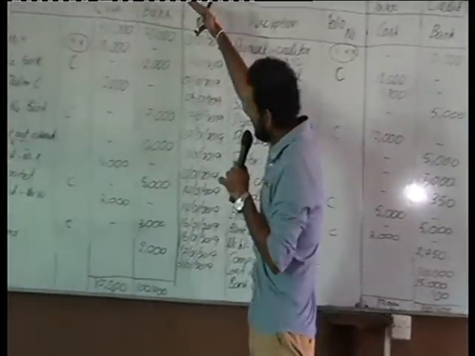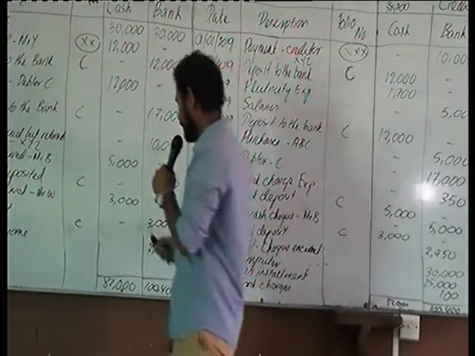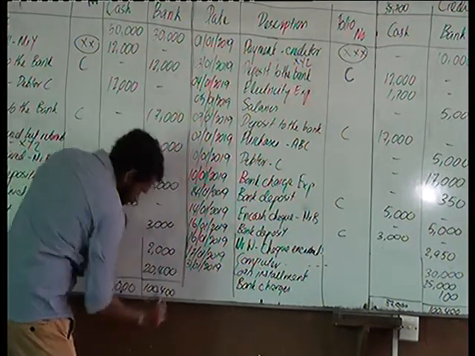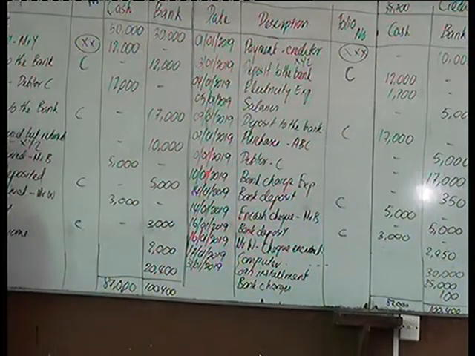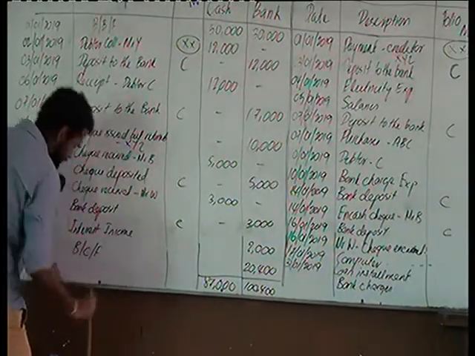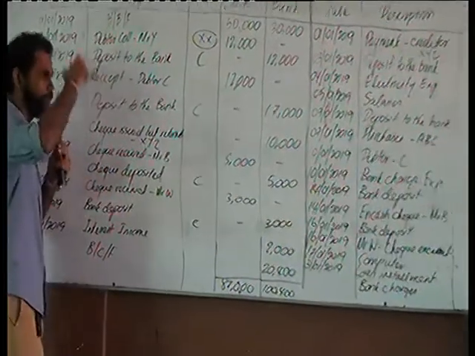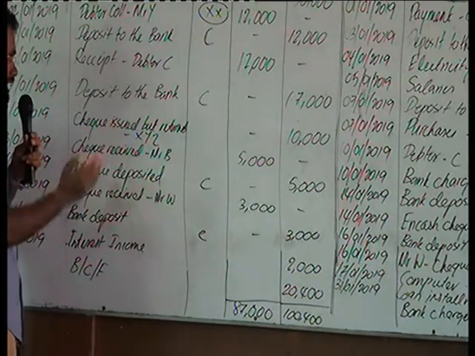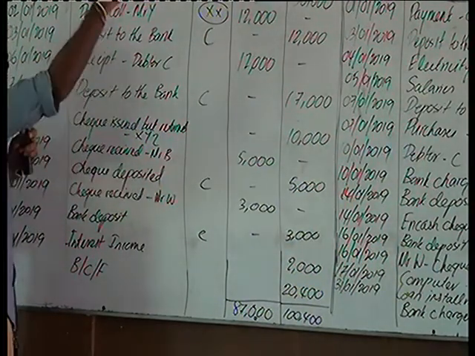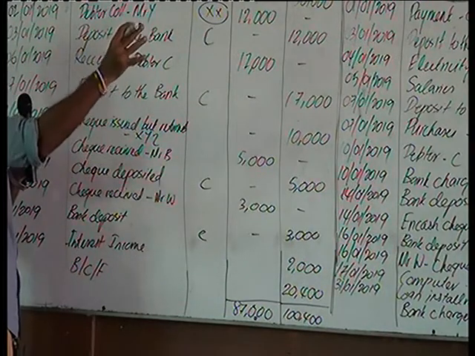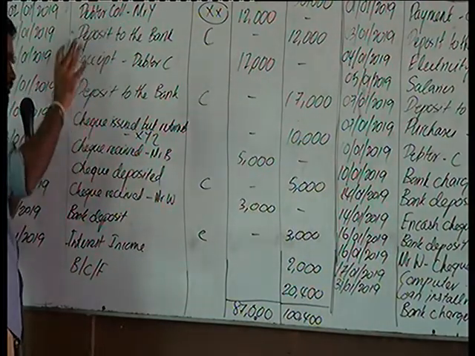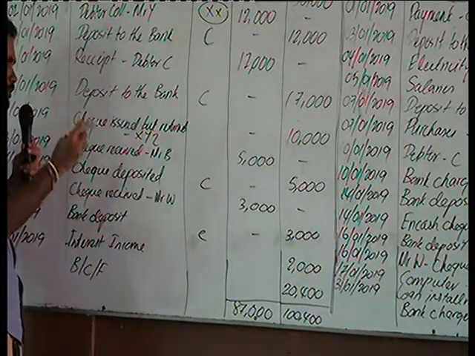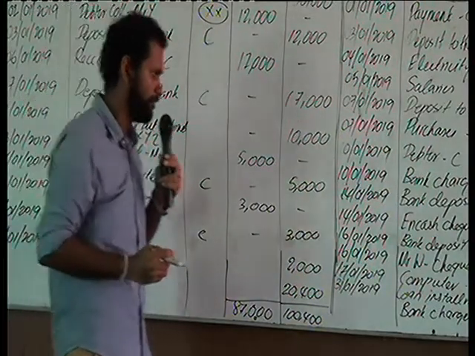And the difference, here we have only 80,000 worth of transaction, difference of 20,400 will be the balance carried forward to the next month. That is the bank balance being carried forward, which will be the opening balance of the next month. So here you can see all the receipts are debited, all the payments are credited. So it's like the reconciliation of the bank account. Whatever we have received minus whatever we have paid. So the balance amount means the amount of bank balance remaining.